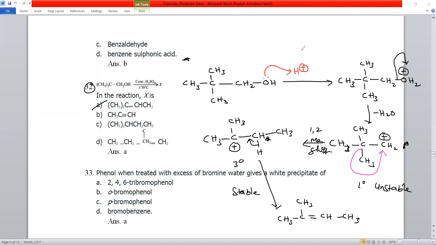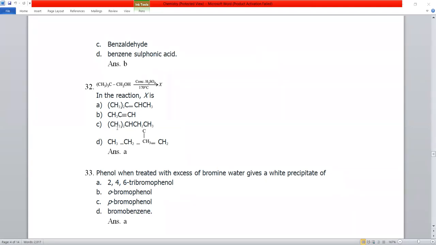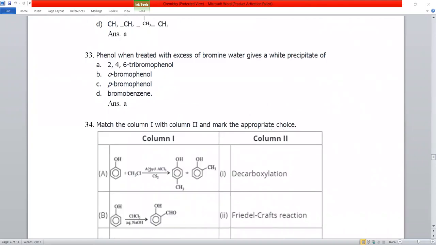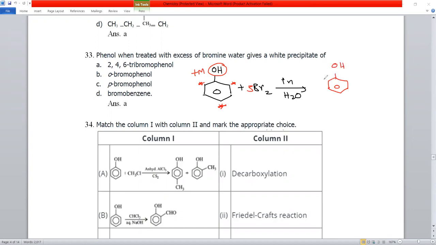Okay. So next, question number 33. Phenol treated with excess bromine water will give a white precipitate. That question is in NCERT. Phenol in water, treated with bromine in water. As we know very well, phenol has a strong plus M donating group. The plus M group increases the electron density at the ortho as well as the para positions. So 3 moles react here, and we get tribromophenol. This is the white precipitate, student.